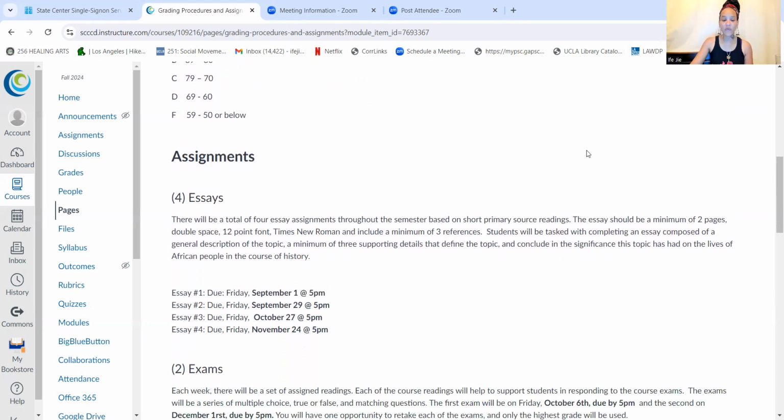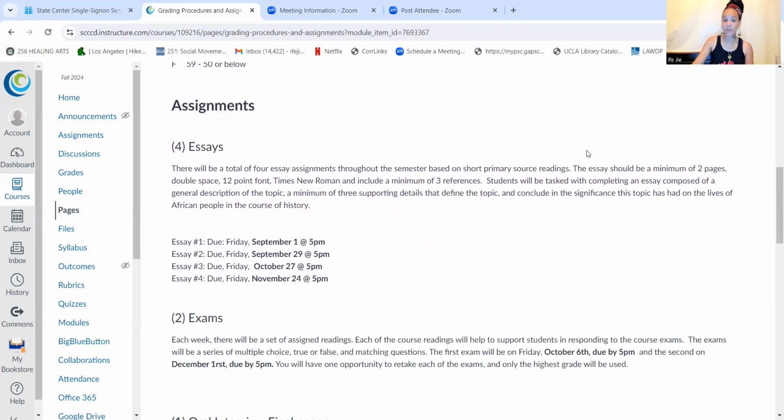Now, as I mentioned to you before, you'll have about 4 essays. Please note the different dates that the essays are due. And you have roughly about 2 in September, 1 in October, 1 in November, all right? Not a big to-do at all. And many of these essays are going to be just 2 pages, okay? 2 pages. Make sure you give me a quality thesis statement. Make sure you have a 5-paragraph format, and make sure you have resources at the end of your essay.